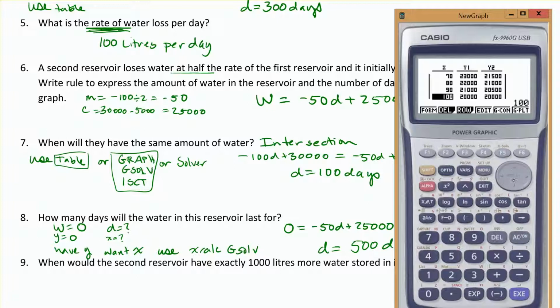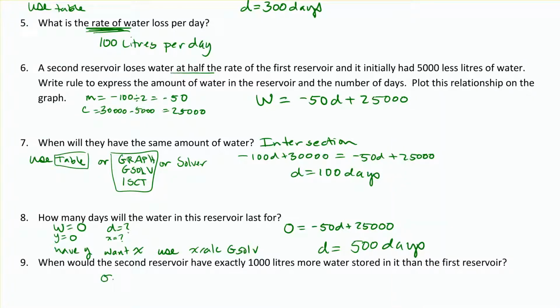Here they've got the same. Now I want to try to find when is it 1,000 more. And I can see here that on day 120, y2 has 19,000 and y1 has 18,000, so that's where they have a difference of exactly 1,000 liters between them. So I would be able to use that for my answer. So you could write on day